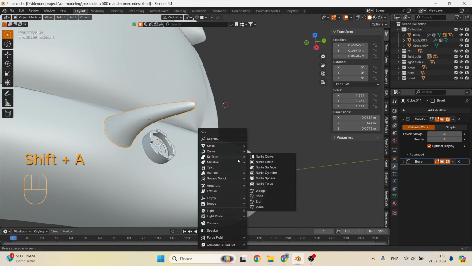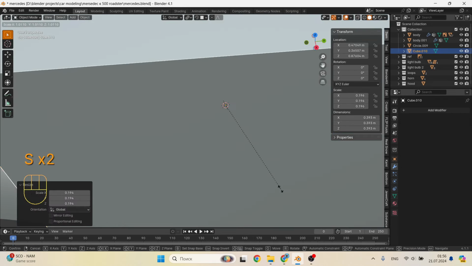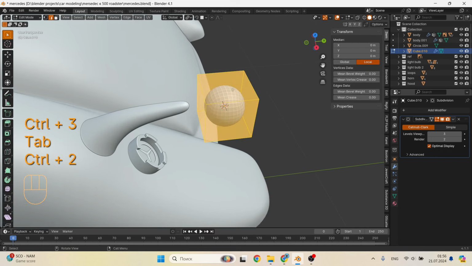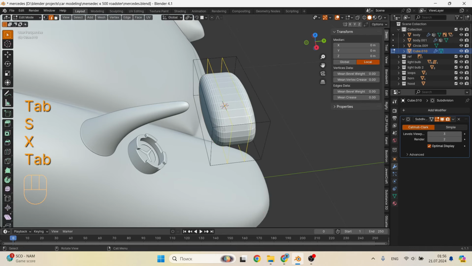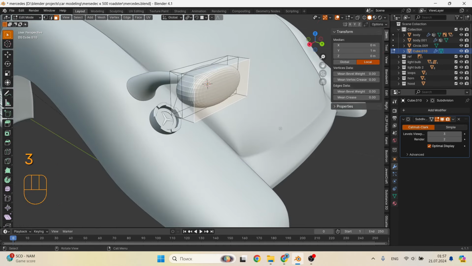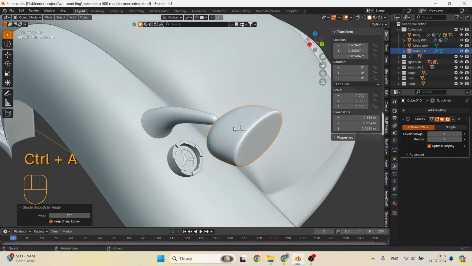Now we can add another Almighty Cube, reduce it to the size of the headlight and add subdivision using Ctrl 3. With the number of divisions 3. Now we need to add 2 loop cuts and stretch along the X-axis. We simply reduce the rear face, this will give the desired shape. And to the front face we use an insert to make a more right angle.